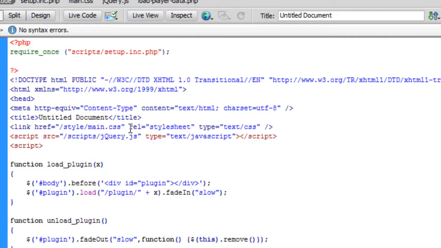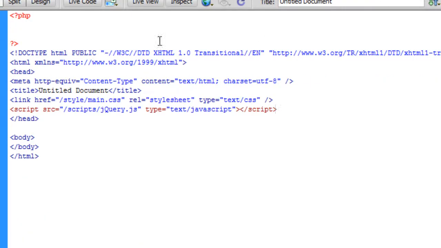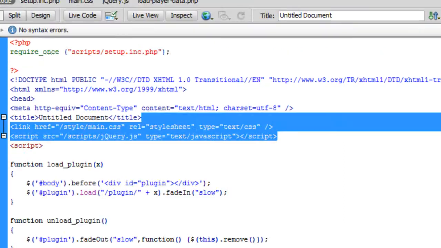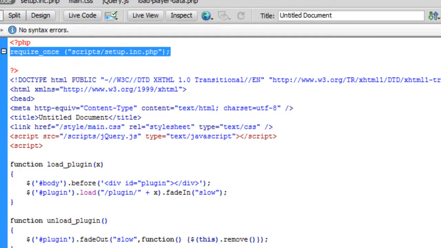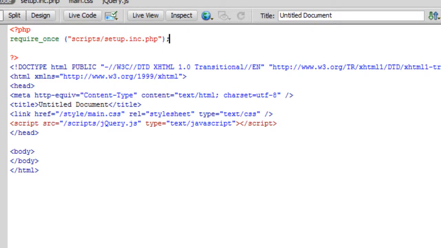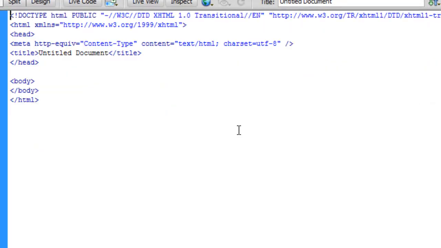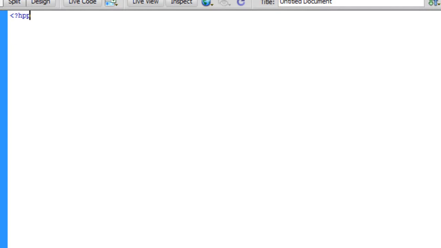So there's a few things we need to include from this page. We'll take our style sheet and our script tag, which is loading in a jQuery, and we'll paste them in, and we'll also take our require setup include file. We're also now going to make another include file, and this is to load up our character, or all our character information. So we'll start with a blank PHP script,